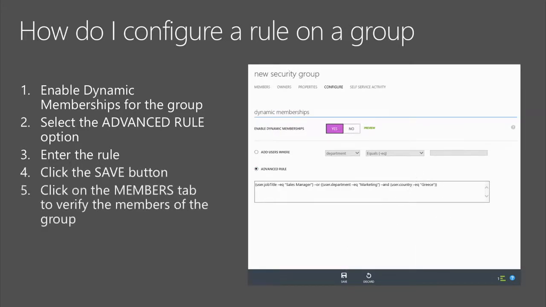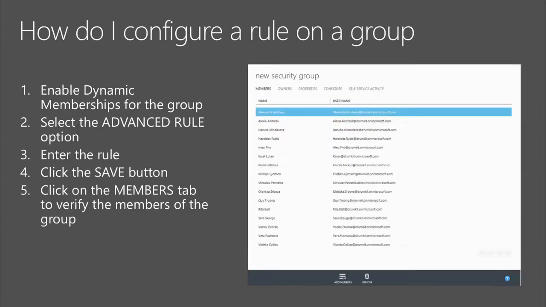You can click over to the users tab really quickly. You will see the right list of users show up there.